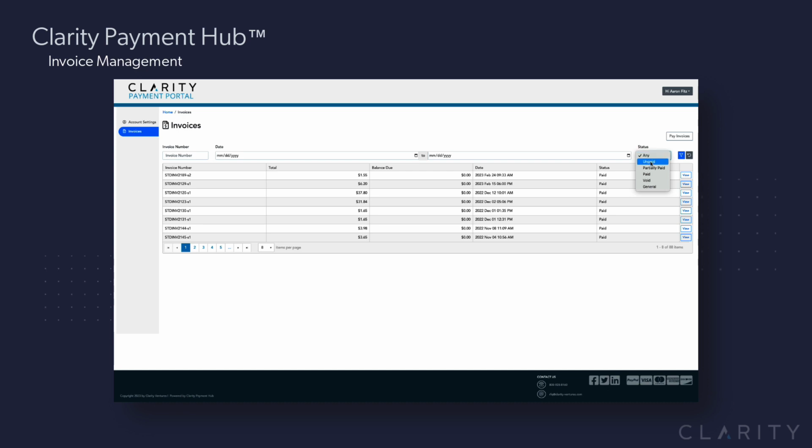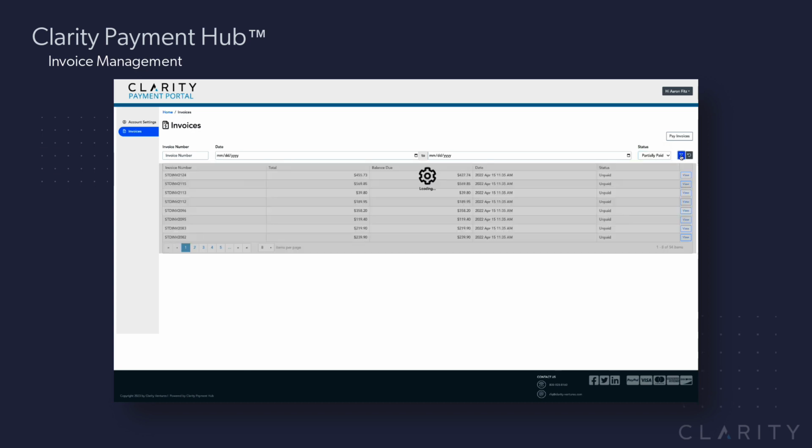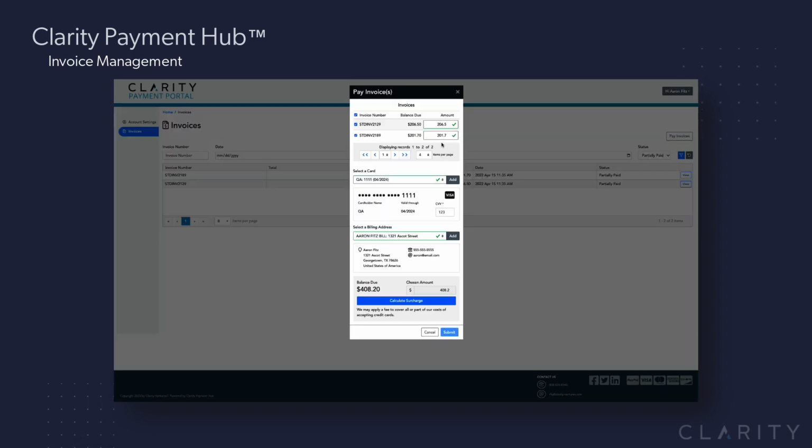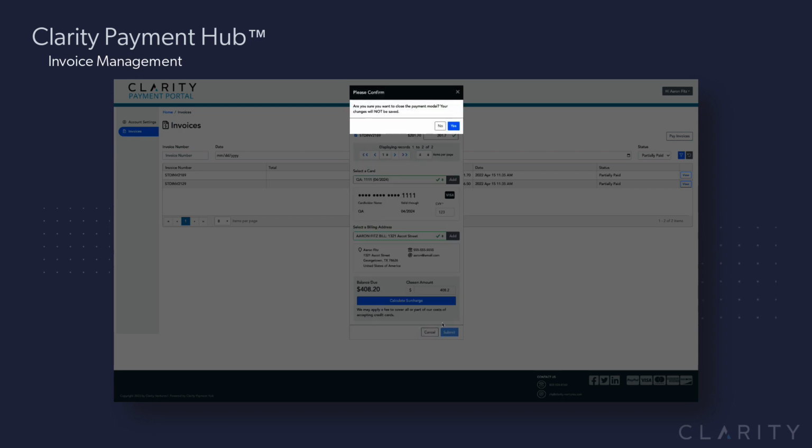Now the nice thing about this is if I select unpaid and filter, it'll filter all my unpaid invoices. Or if I went to partially paid and filtered, there's only 2. So now if I go to pay multiple invoices, you can see it's only listed 2 because the invoice list is from the filtered list. If I cancel that,